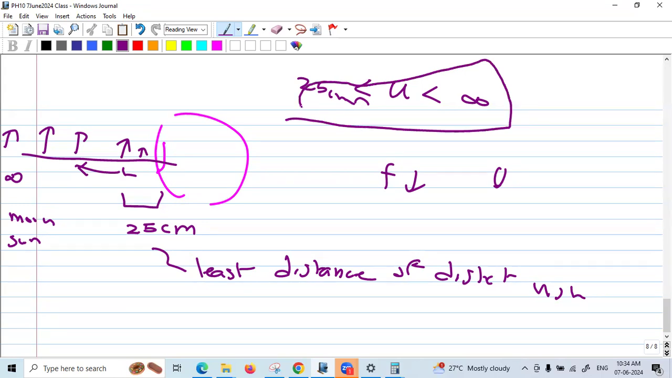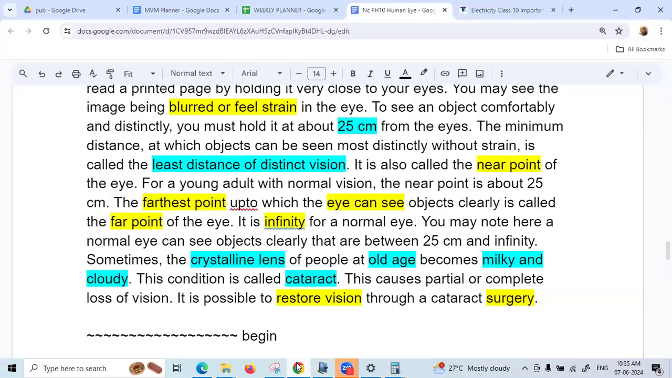And this maximum distance point, this infinity, is called the far point of the eye, which the eye can see. And this 25 centimeters is the near point. The near point for anyone with normal vision is about 25 centimeters. Okay, and the far point is